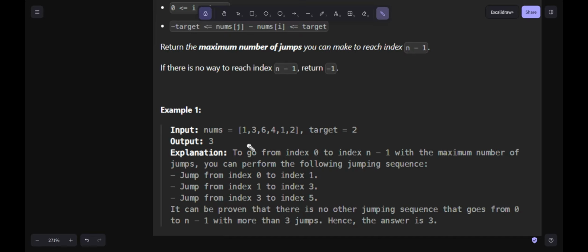So this seems to be a recursive problem. Also, in the constraints, n can be less than or equal to 1000. So n's upper limit is 1000. So I can think of a recursive solution and then further look for memoizing it. At any index I can look for other indices where I can jump and simply return the maximum of all the values for that particular index.